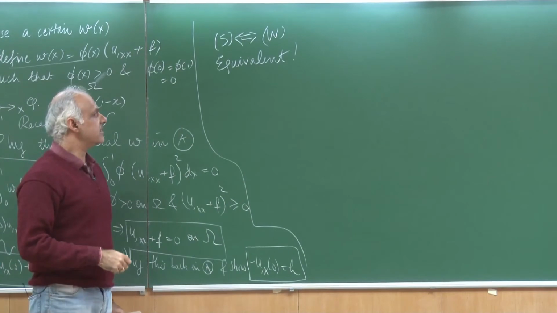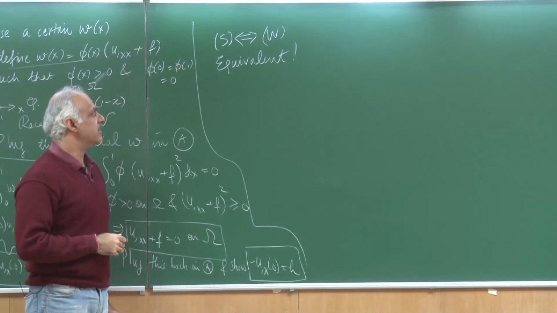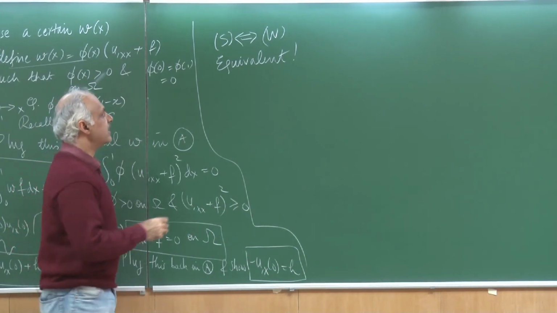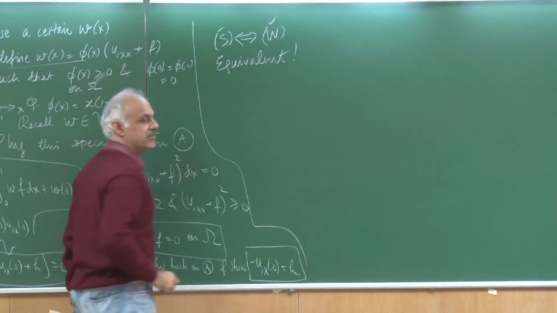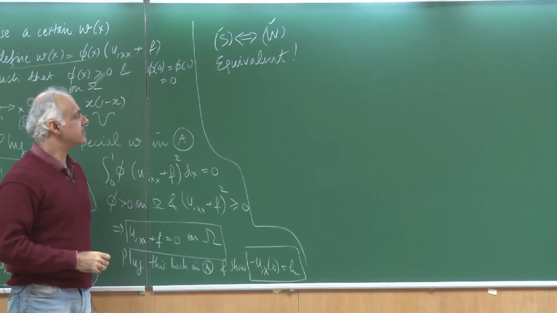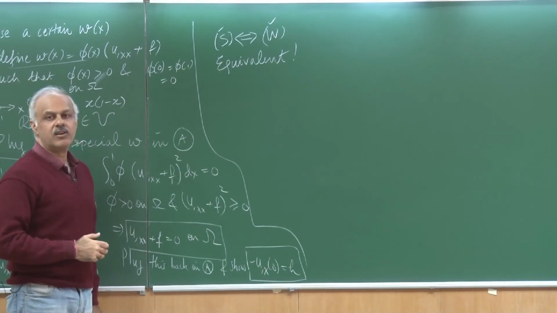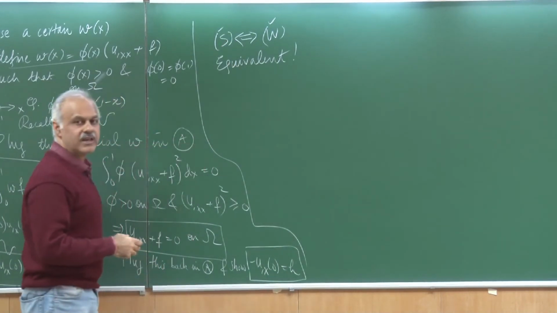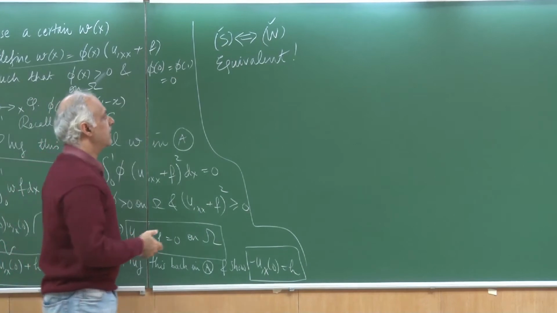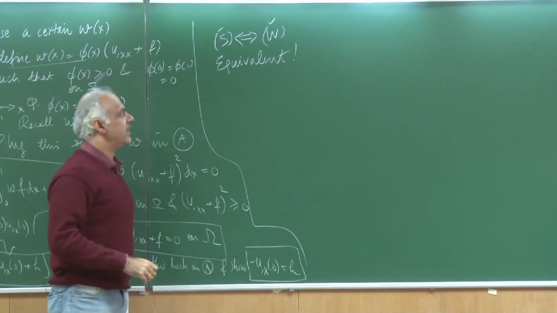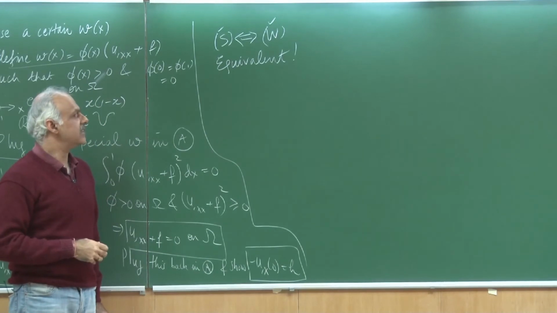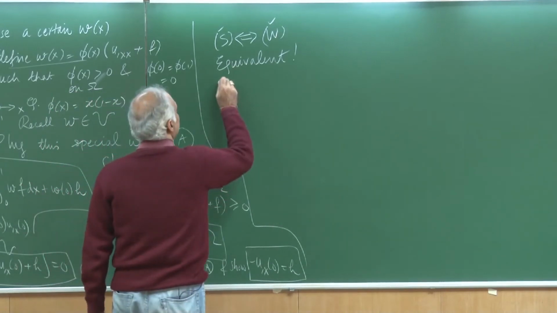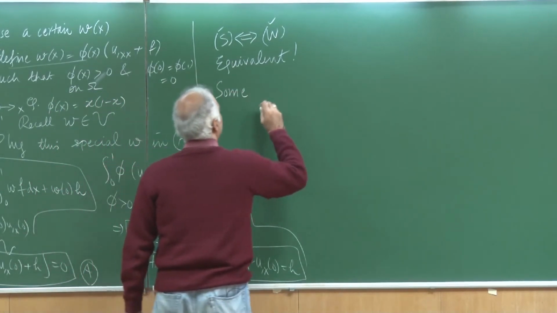So these are two ways of stating the same thing. If I want to solve a problem, I can either take the strong form or I can take the weak form, and they are equivalent, they are synonymous. Now it is just a matter of approximation. If I want to approximate the strong form, I would get methods like the finite difference methods, but if I start from the weak form, then of course I would get methods like the Galerkin method or the finite element method. So let us look at some notation